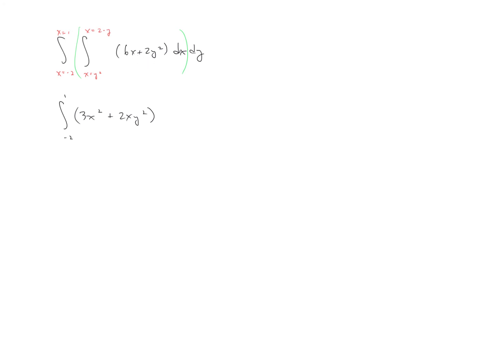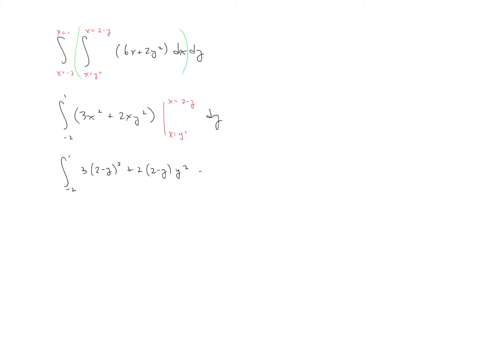So now we are evaluating this from x equals y squared and x equals 2 minus y. Still want to put our dy back here. And I've said this many times, but I'm a big fan of putting the x equals here to remind myself that I'm only plugging it in for the x's, not the y. So we'll have a negative 2 to 1. We'll have a 3 times (2 minus y) squared plus 2 times 2 minus y